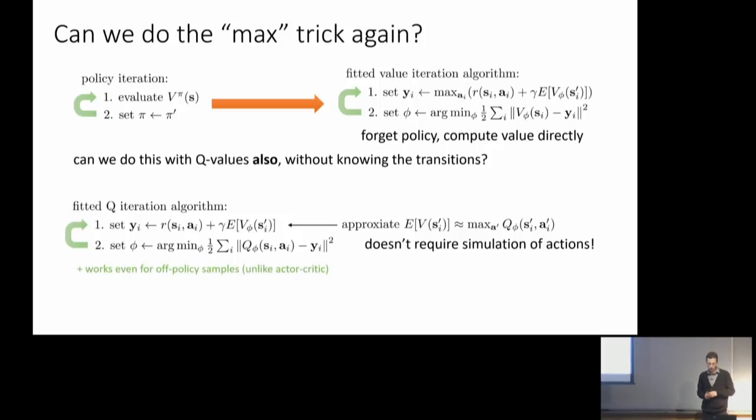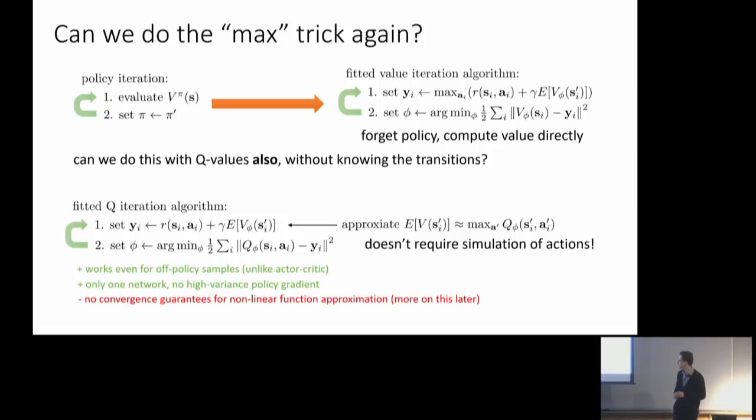So this algorithm works for off-policy samples. The reason for that is a little subtle, but I'll go into that in a second. So unlike actor critic, which required samples to actually be drawn from your policy, you can use samples that you got from other policies to evaluate this. We'll see that shortly. There's only one network, so there's no separate policy. There's only a Q phi. There's no high variance policy gradient. We don't have to worry about policy gradients at all here.